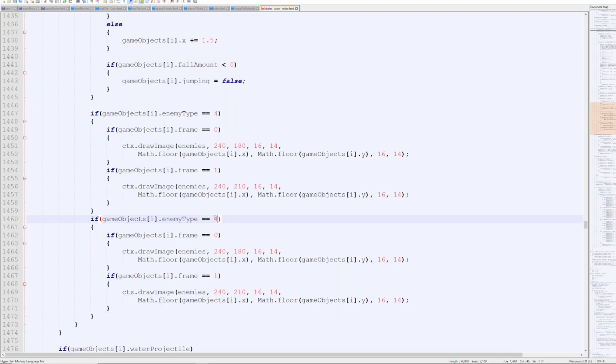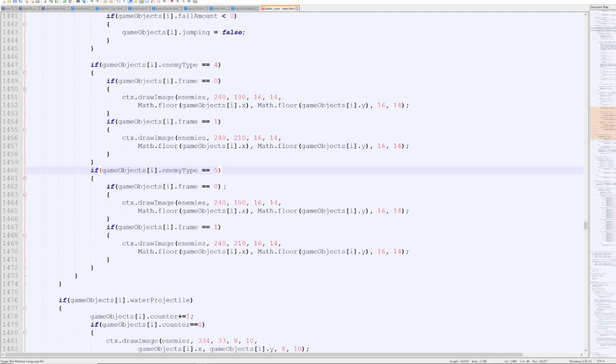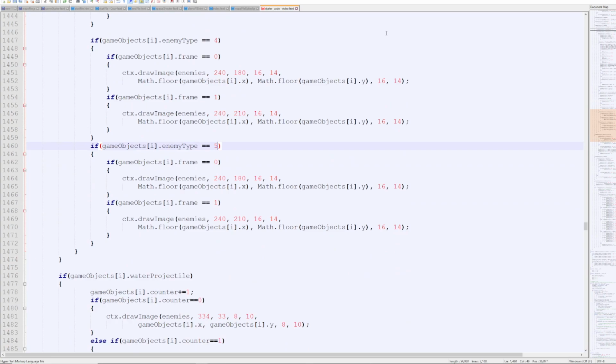And this is going to be if it is 5. Okay. And then if it's 5, it's 270, 180. So this is just going up by 30, 270, 270, and everything else is the same. Okay, so we just have a few more statements here. So this is an if, and